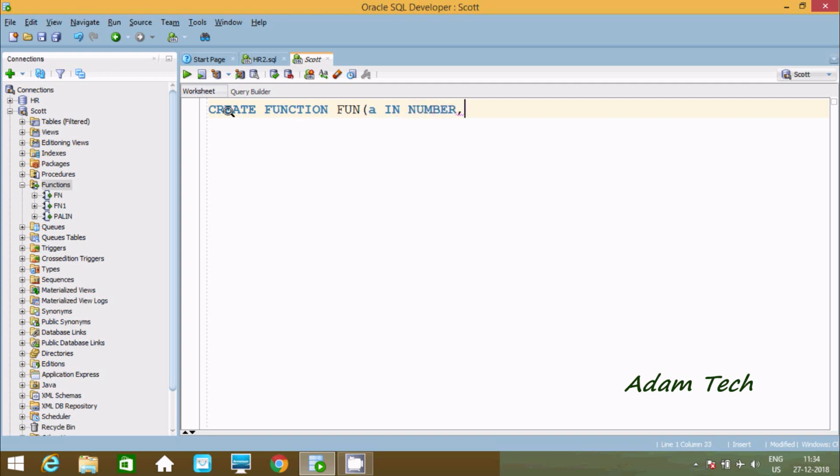Now after that going to take the next variable. This should be output and data type number. And after that going to take variable c. This should be input and output, and data type should be number. So here taking three variables. Now let's use return. This will return number